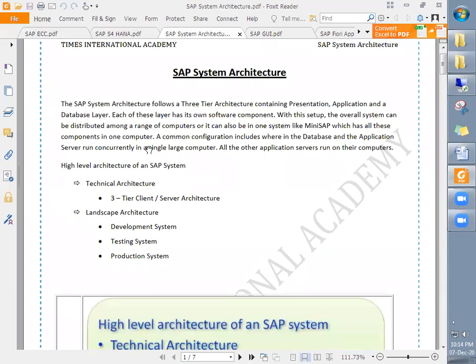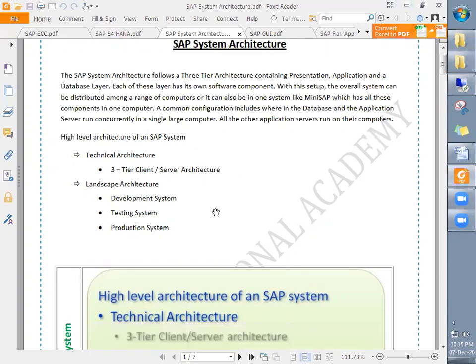Each of these layers has its own software component. With this setup, the overall system can be distributed among a range of computers, or it can also be in one system like mini SAP, which has all these components in one computer.